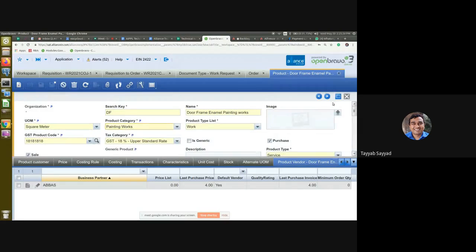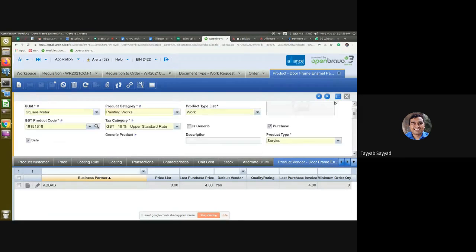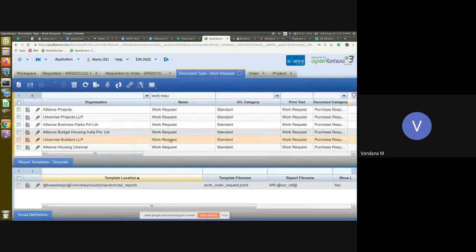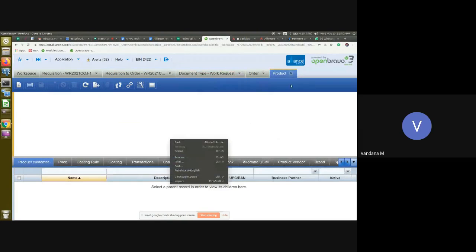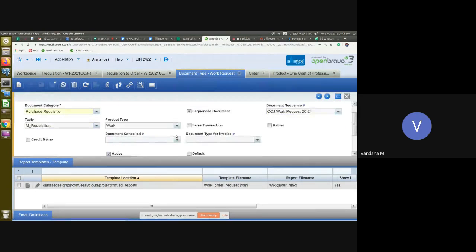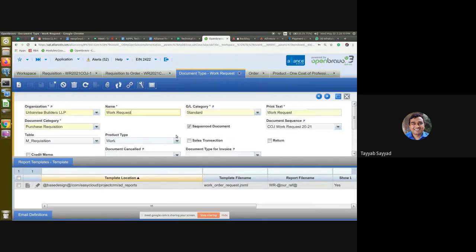Service work description. Saying after development. I'll check both the items. Can you come to document type once? Work order, no? Yeah. So I created work. Okay, work request I checked.